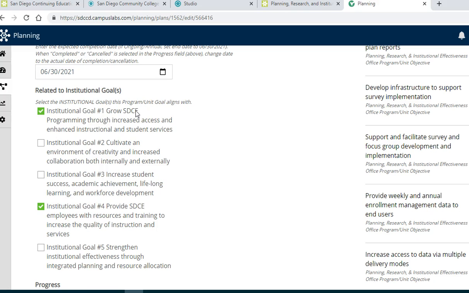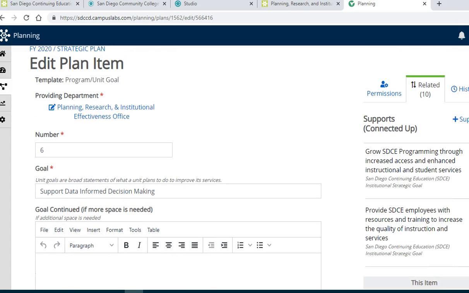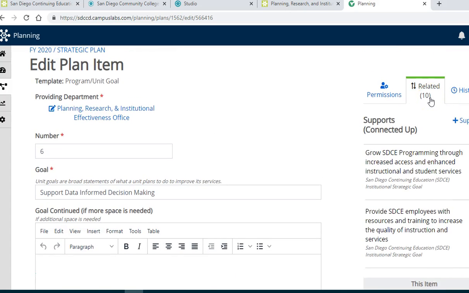And there are 5 in total. You have to align it with at least one of the 5 goals, but you can align it with more than one. In this case, this goal number 6 for planning and research is aligned to institutional goals number 1 and number 4. So once you make that connection, the next thing you need to do is to connect down,